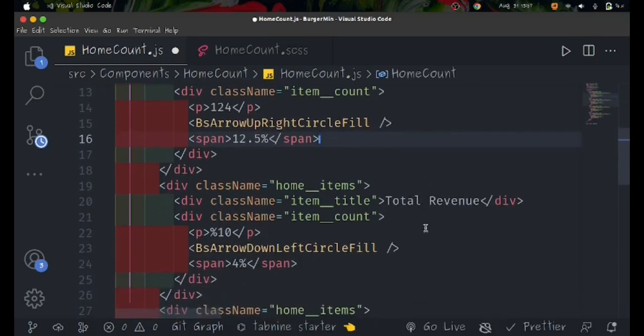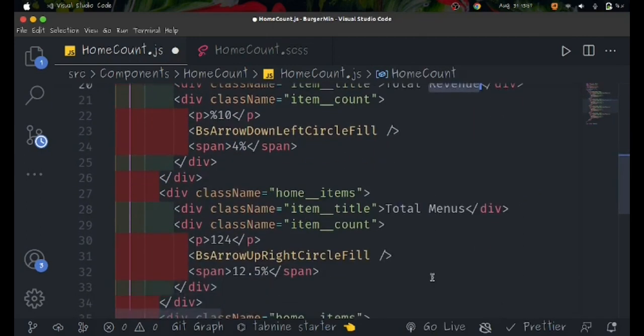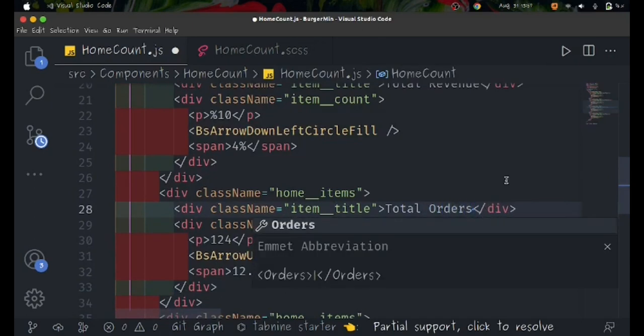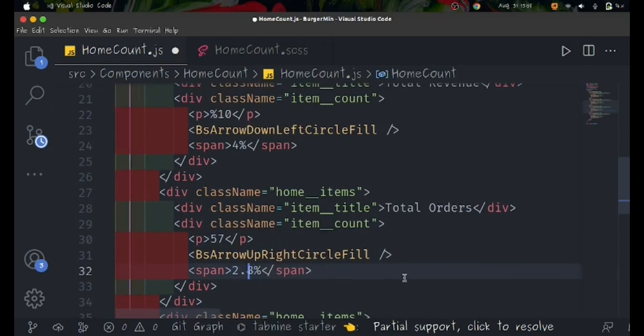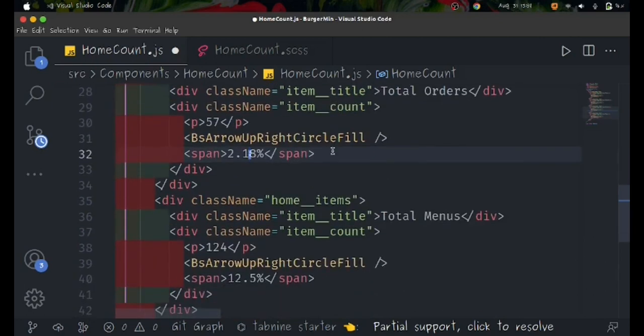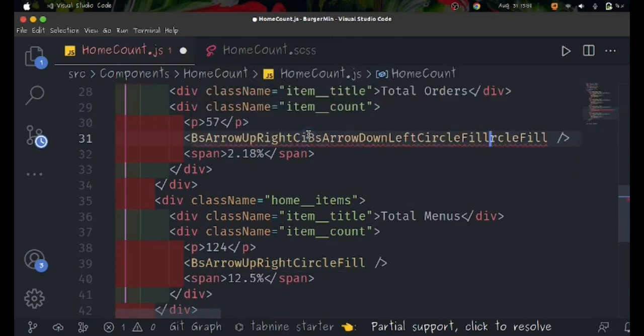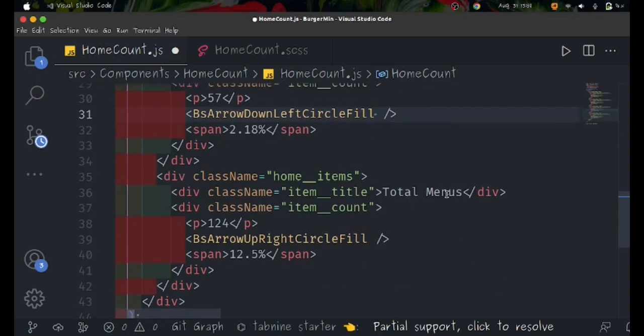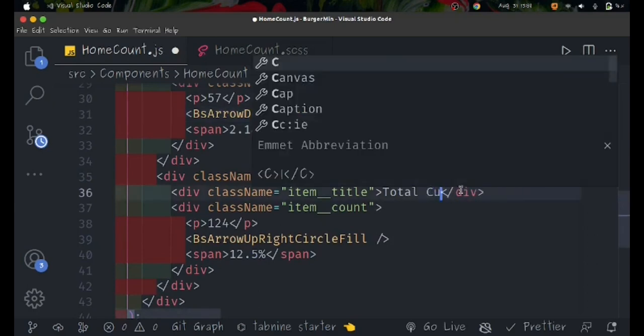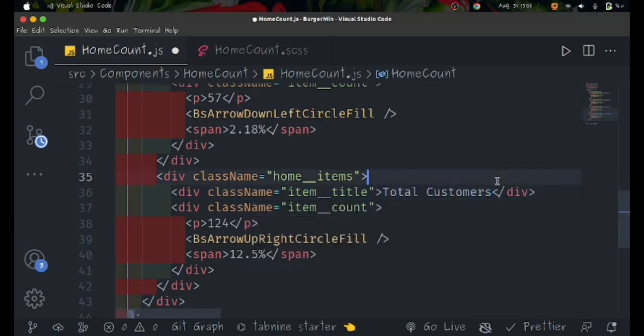Great. Now with this one I'll change this one from menu also, and here I'll put total orders, and instead of this I'll put 57, and also I'll change this to 2.18%, and I'm going to change this icon also, and I'll put a down icon like this, and I'll also change the last text here to total customers like this,